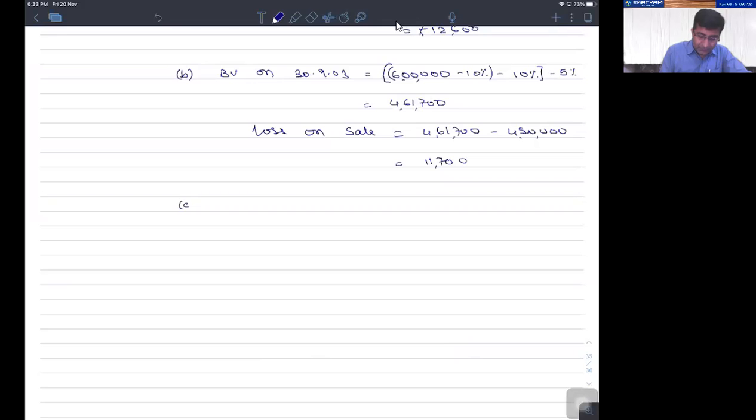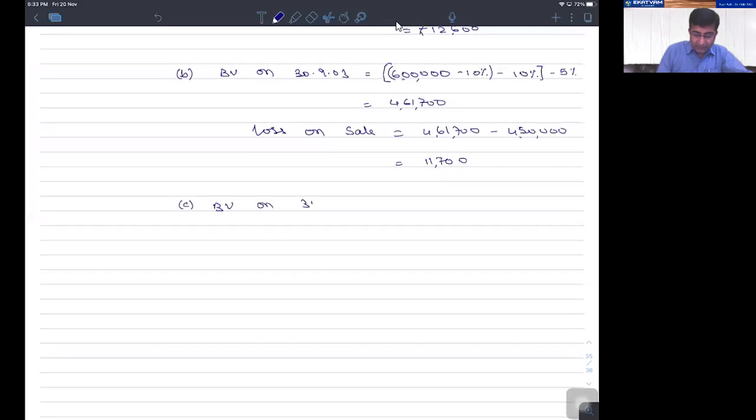Then the case C. Now this is interesting because you have not purchased the asset at the beginning. You have purchased the asset during the year. Yesterday, when I was discussing the revision, I told you that in the year of purchase and the year of sale, if the date of purchase is after the year begin, or if the date of sale is before the year end, then proportionate depreciation need to be calculated. So accordingly, book value